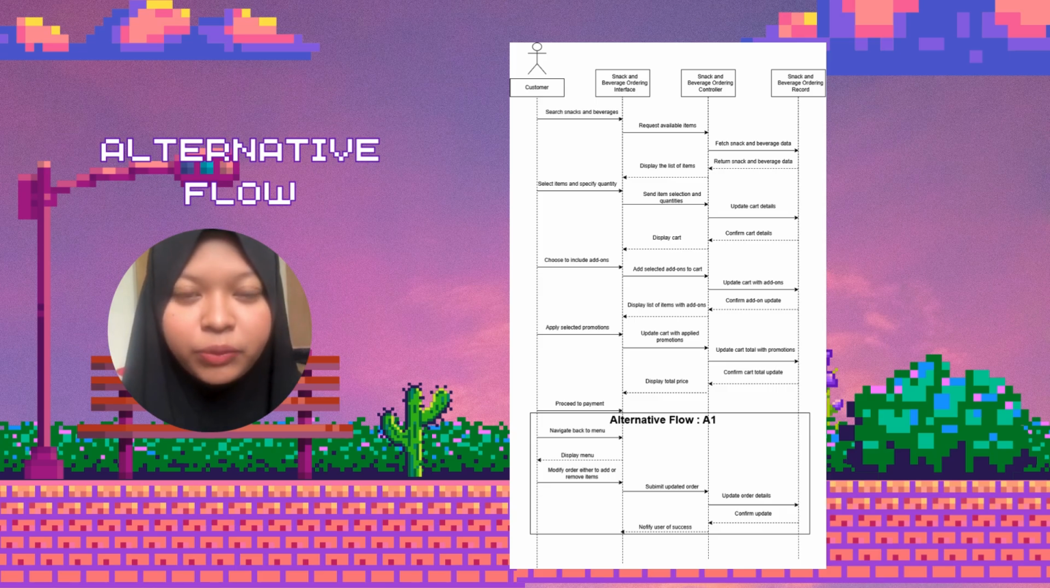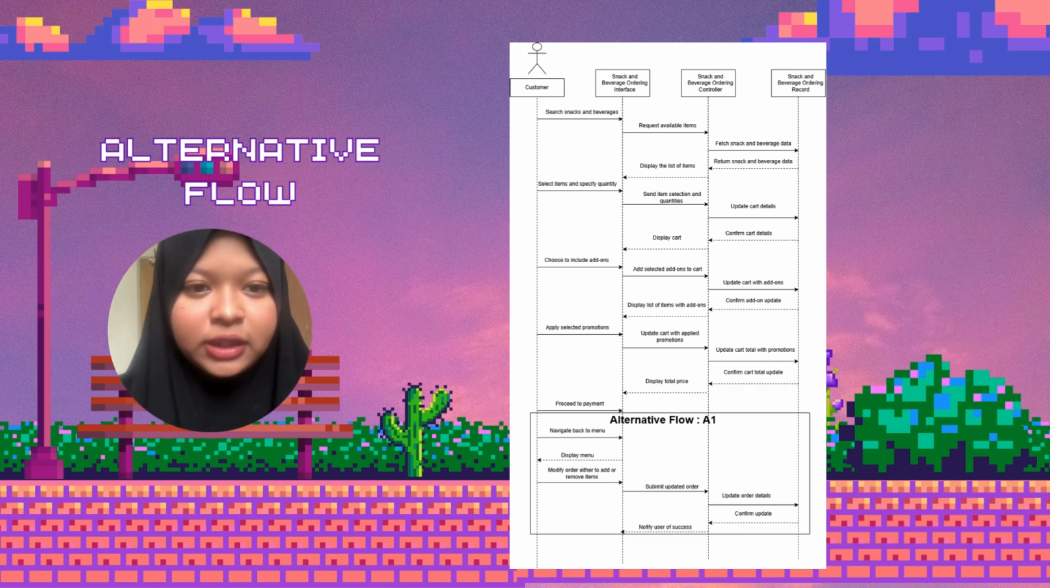This sequence diagram demonstrates alternative flow 1 of the snack and beverage ordering, which is adjusting changes to an order before proceeding to the payment. Alternative flow 1 is if the customer decides to modify the order. If the customer decides to modify the order, they can navigate back to the menu using the interface, and then the